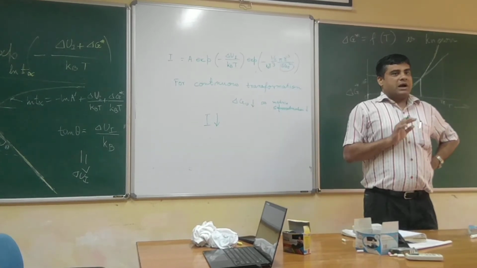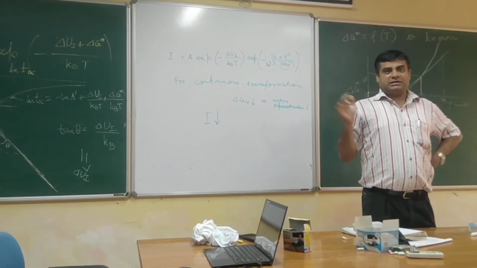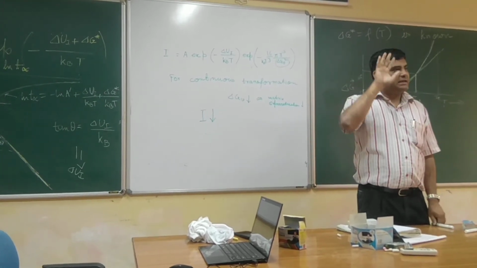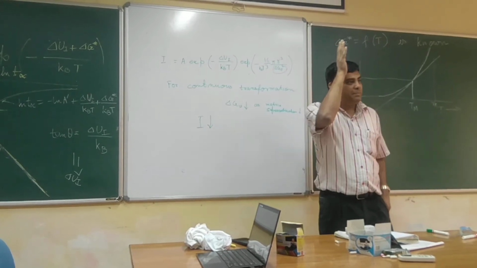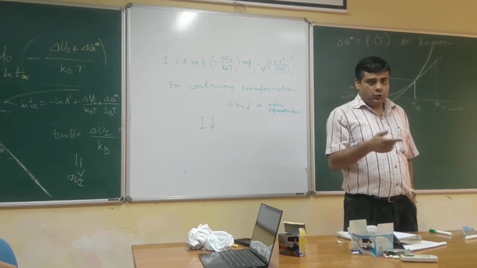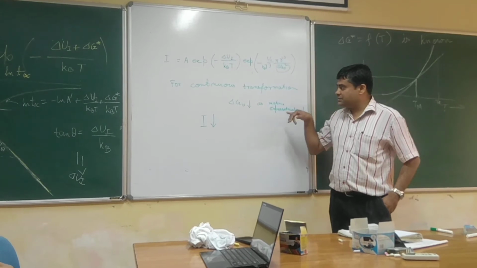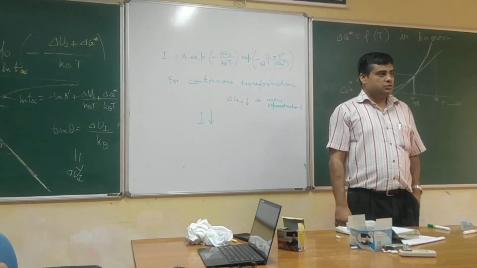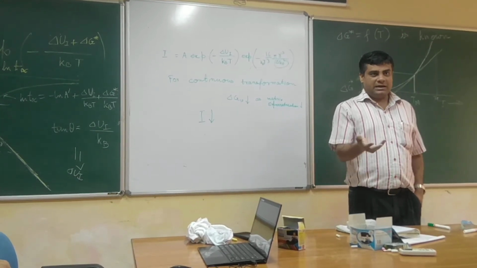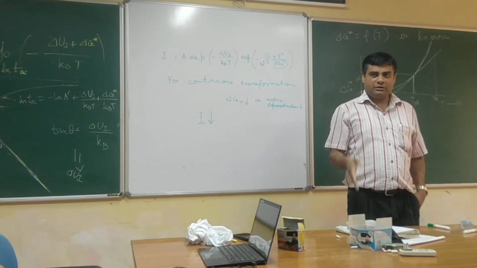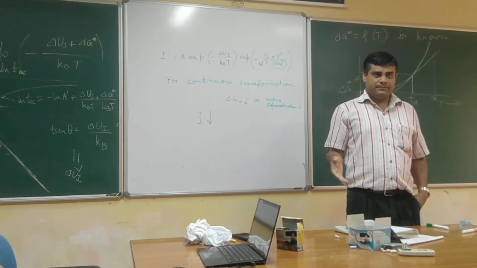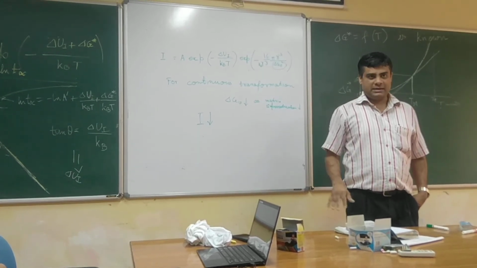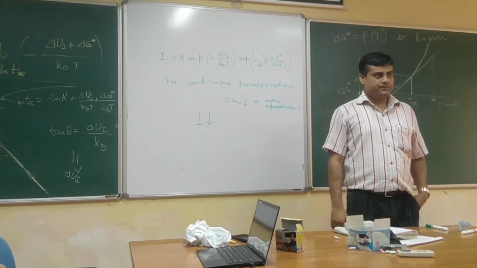So what happens for continuous nucleation, continuous transformation is initially your steady state nucleation rate is achieved corresponding to whatever that temperature is, but very soon as the matrix supersaturation comes down, delta GV comes down, your nucleation rate very soon comes down. So it's kind of a burst of nucleation corresponding to the nucleation rate of that temperature. The steady state nucleation rate is achieved, but it quickly diminishes as the nucleation goes on.